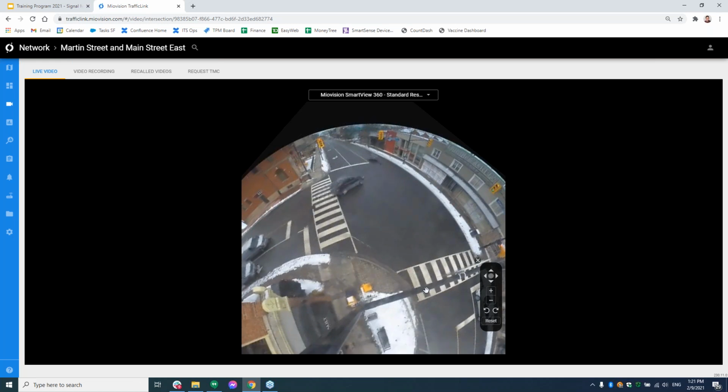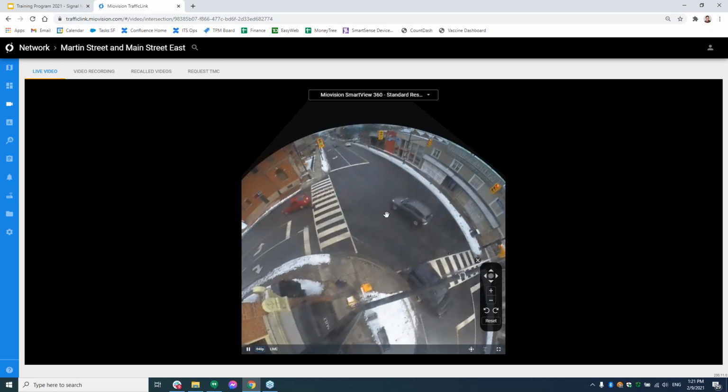However, we do have some data at every intersection. We do have 2 gigs per intersection or 1 gig per intersection, depending on your plan. But what that means is that we do have some flexibility to toggle the video quality a little bit. And we wanted to make sure, especially for customers that had fiber lines or existing communications like radios or whatever it may be, that they can take advantage of higher quality without the restrictions of a cell connection.